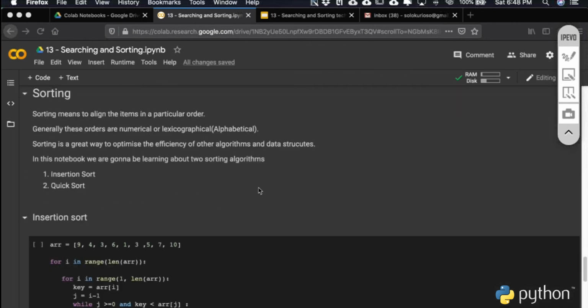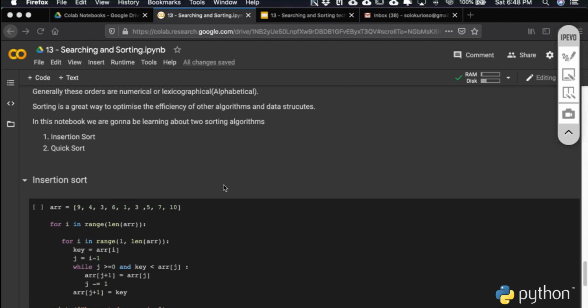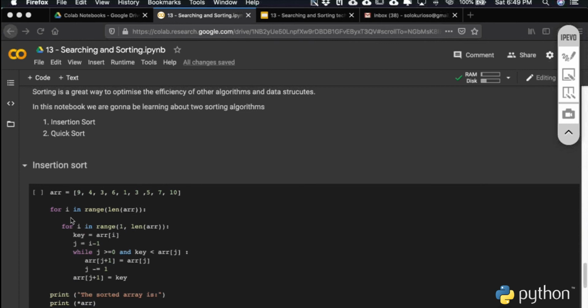And this is the code of insertion sort, which we have made for you. We have this list, an array that comprises some set of numbers like 9, 4, 3, 6, 1, 3, 5, 7, 10. You can also take user input to do that, but we have predefined them. This is the exact code which I have written in the pseudocode format. First, I have made one loop which starts from i equal to 0 to the length of the array. Then I make another loop which starts one step ahead, that is j equal to 2, and that goes. I can remove this particular loop. I really do not need it.